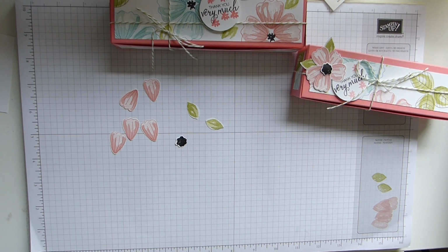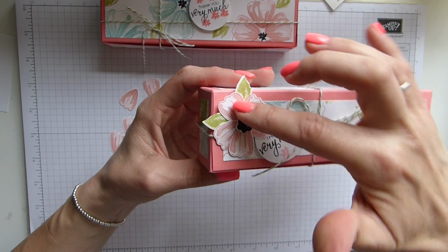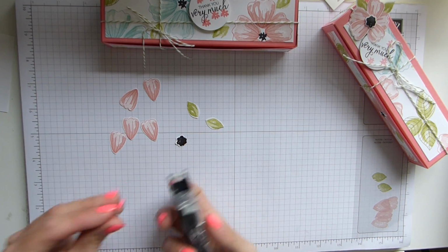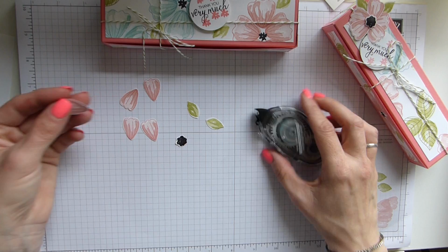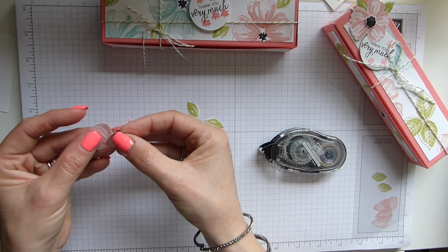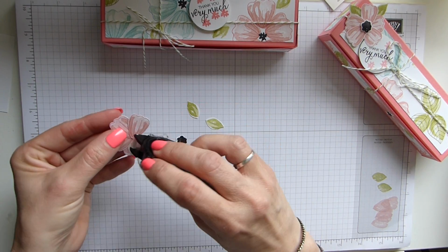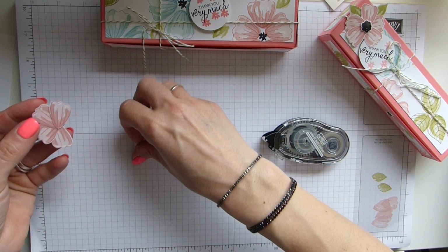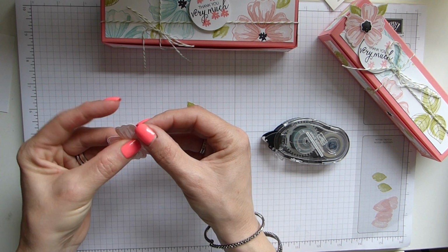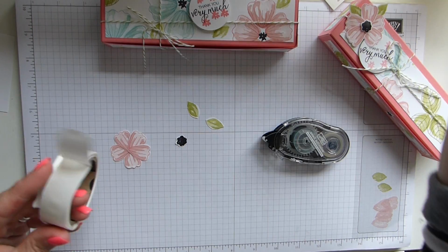Okay, so on the previous box I used a glue dot, and unfortunately it's made it quite almost thick and heavy at the centre, so I'm not going to use the glue dot this time. I'm simply going to use some Snail, and I'm just going to run a tiny bit over the centre, just like this, and that, whoops, we'll get them all to sit, and then you just have a little bit of wiggle room. Give it a press, make sure it's stuck, and then I am going to use a glue dot